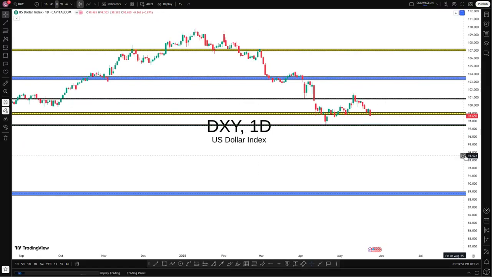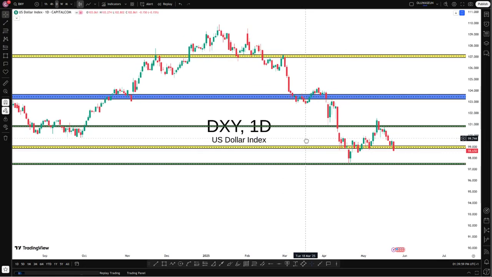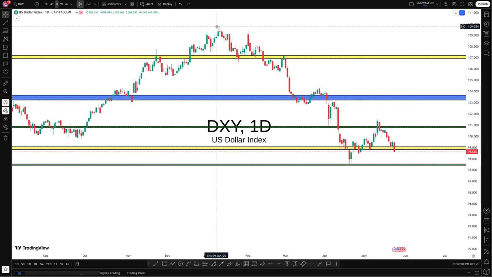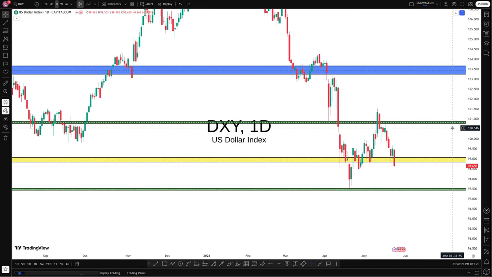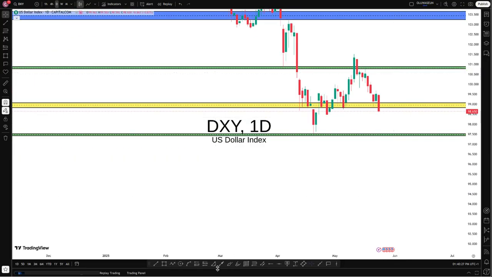Now on the daily time frame, how did price get to this zone? Price was selling all the way to this zone. Remember, from the weekly we have a lower low, lower high, lower low, lower high, lower low, lower high, lower low, lower high, lower low. So price needs to make a lower high to continue the trend. So price came back for this lower high, and now we are seeing the continuation to form a new lower low. So all the same, my expectation for this week is price to form a new lower low